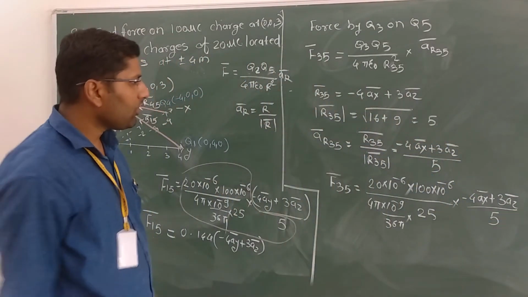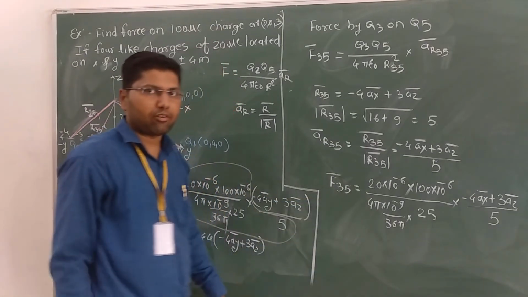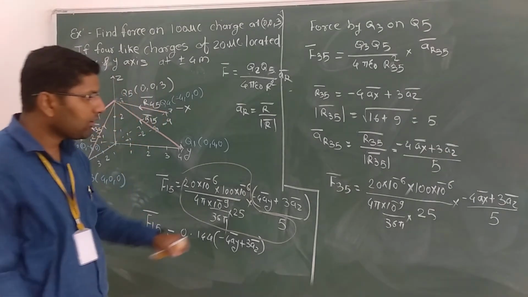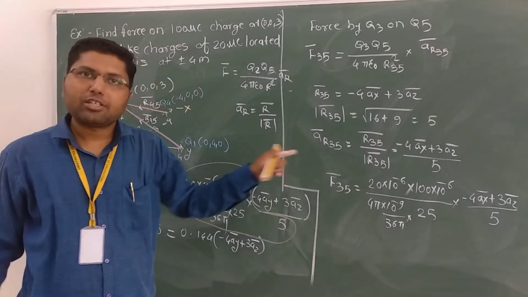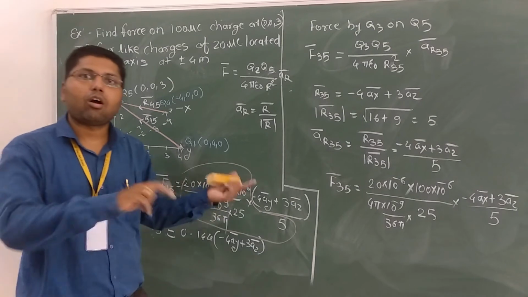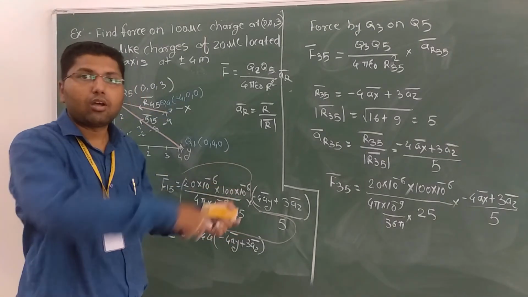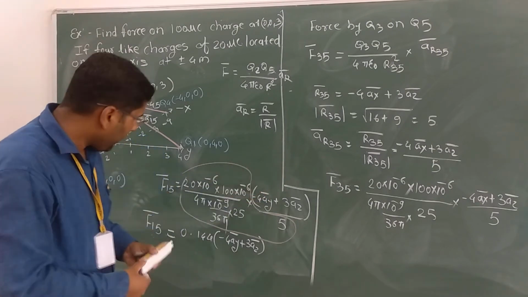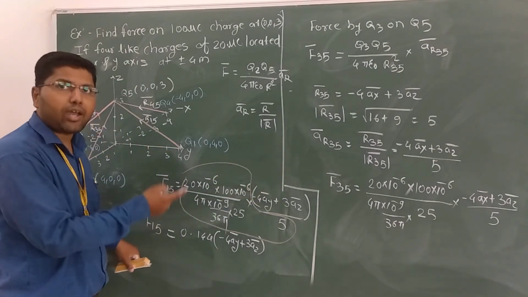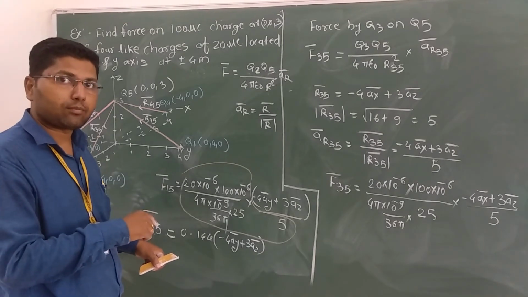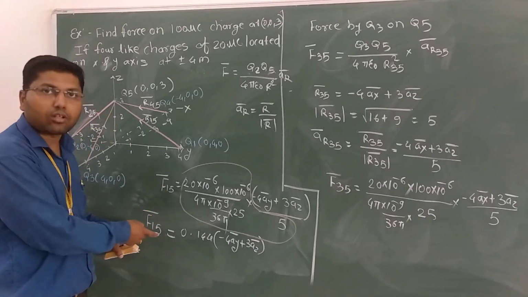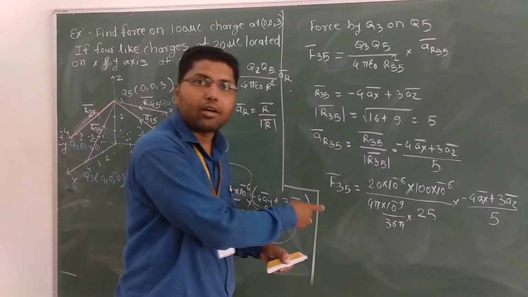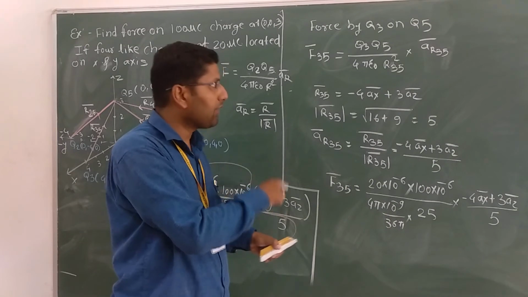Okay, so F35 bar we have calculated. We have two values, F15 bar and F35 bar. From these two values, we have to calculate the other two values. You don't have to use the whole procedure for the other two values. Why? After F15 bar, why have I not calculated F25 bar? Because from this equation I will calculate F25 bar, and from this equation I will calculate F45 bar. How? That we will see.